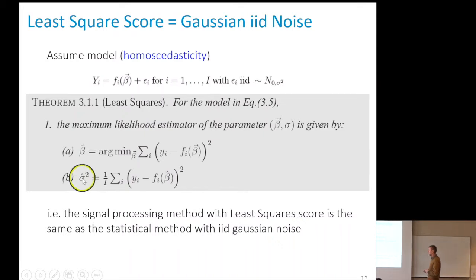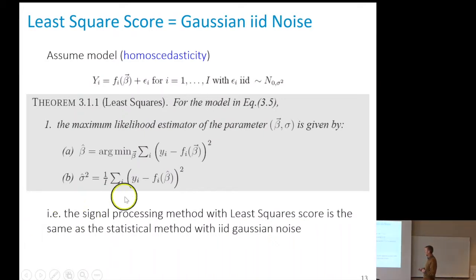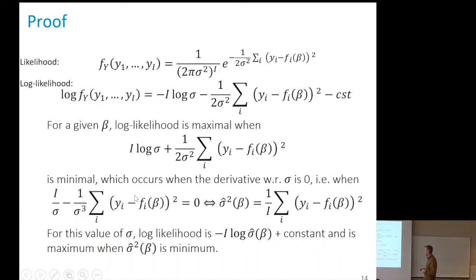It tells us a bit more. It also gives us an estimate of the variance of this noise model, which is 1 over I, the sum of the squares of the errors, which is a formula we used when we estimated sigma out of independent things. When we estimate the mean, for example, we had a formula like this here. Where does it come from? I usually don't do the proofs in this course. The proofs are all in the lecture notes. But let's do it here this time, because it's very simple